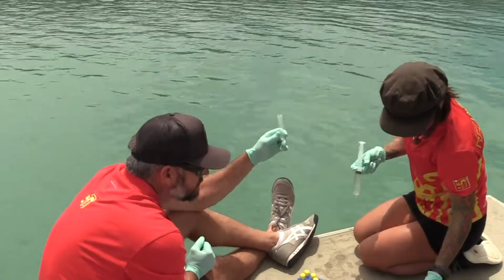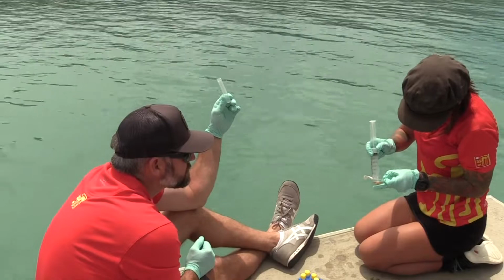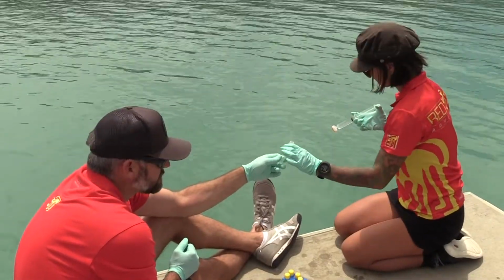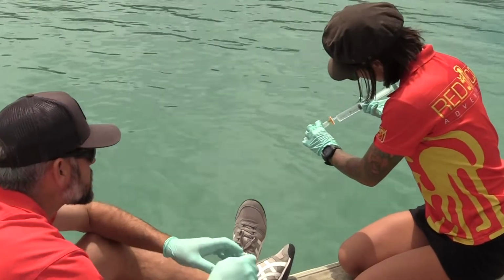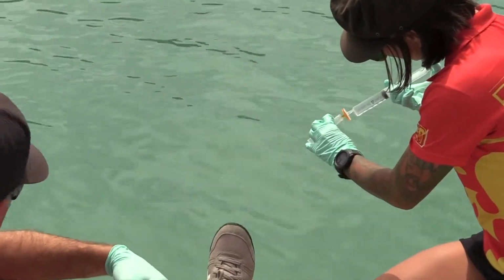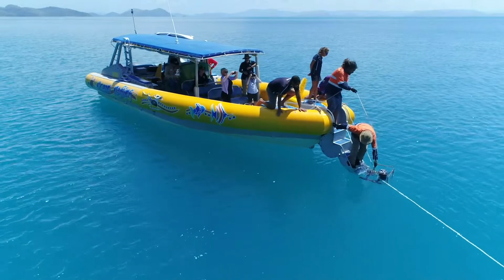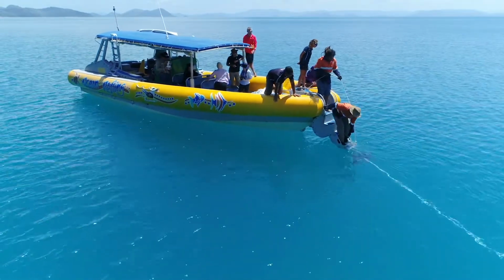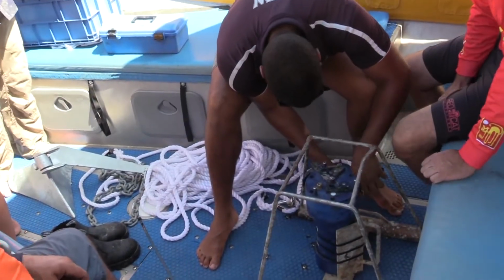James Cook University has trained 20 crew members from Ocean Rafting, Red Cat Adventures, True Blue Sailing Adventures, and Southern Cross Sailing Adventures in water quality monitoring methods. This has meant that these tourism operators have been citizen scientists, taking water samples and changing data loggers every month